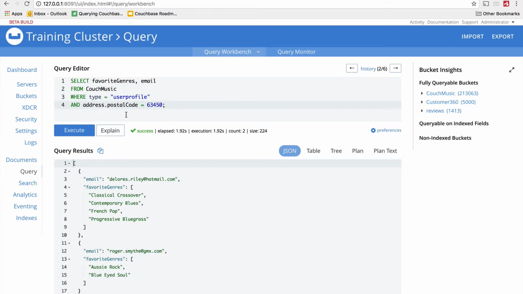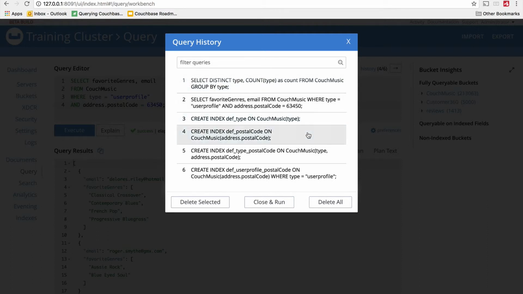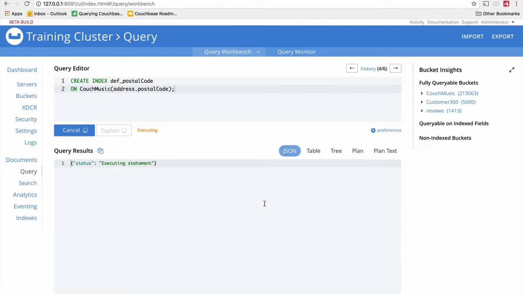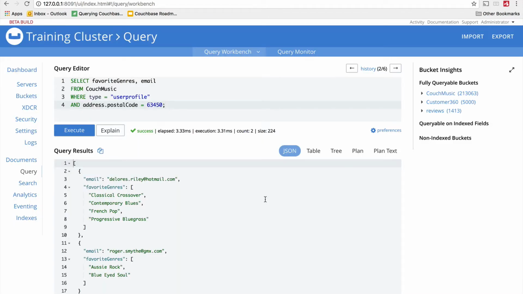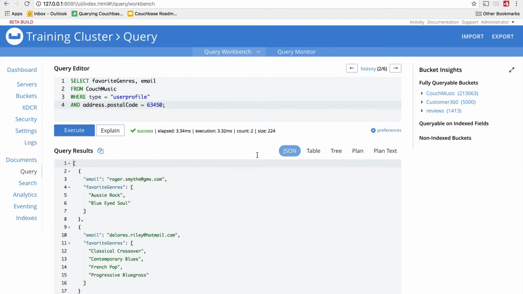We're also filtering by postal code. So let me go into my history and see, well, there we have it. I've also got an index definition to index all of our postal code fields. I'll go ahead and run that. And once that index has been built, I'll go back into my history again, pull up my query again, run it again, and hey, now we get 3-point-something milliseconds. I mean, that's so fast I could hit execute a few times here to get a sense of my average